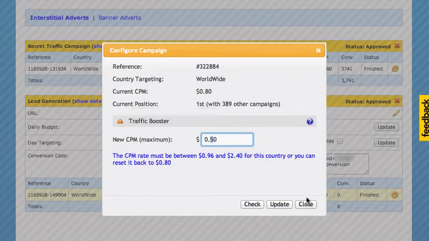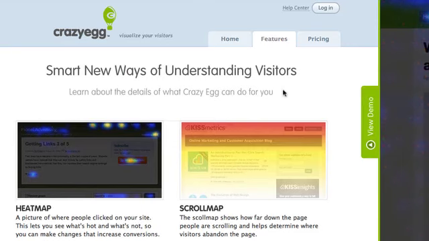Now, to talk a little bit about some more advanced techniques for optimizing your traffic campaigns to get maximum potential, another service that I like to recommend is called Crazy Egg. And to get here, all you have to do is go to www.crazyegg.com. And this is a script where you can take a code and put it on your page,